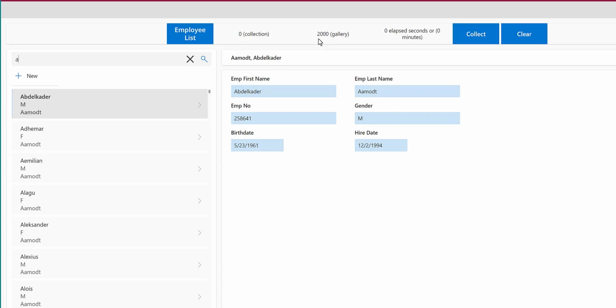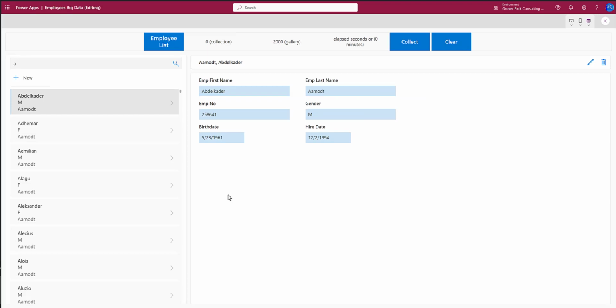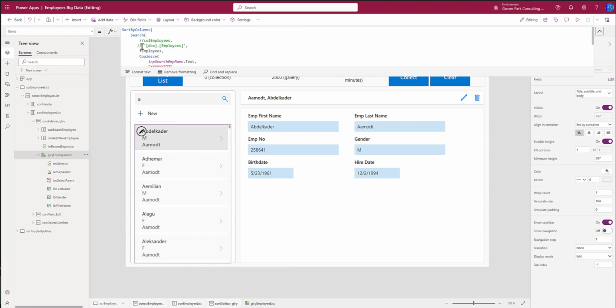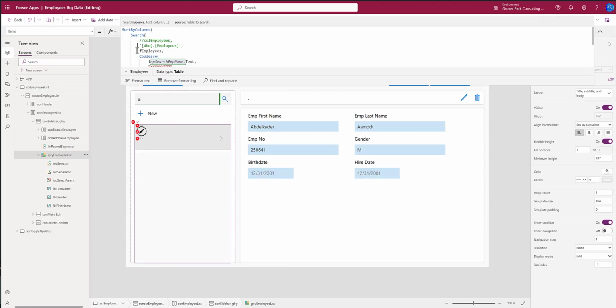Right off the bat, we can see speed is a factor here, but also usability. Even though we can get those first 2,000 records quickly, it's useless to us because we have a total of 300,000. Finally, let's look at how this works if we use the full table, the DBO employees table itself, as the item source or record source for this gallery. We'll change the record source or the items, uncomment that one, comment out this one,